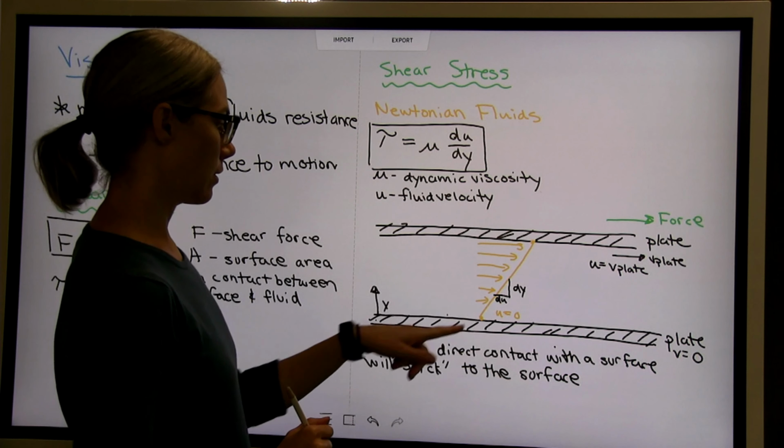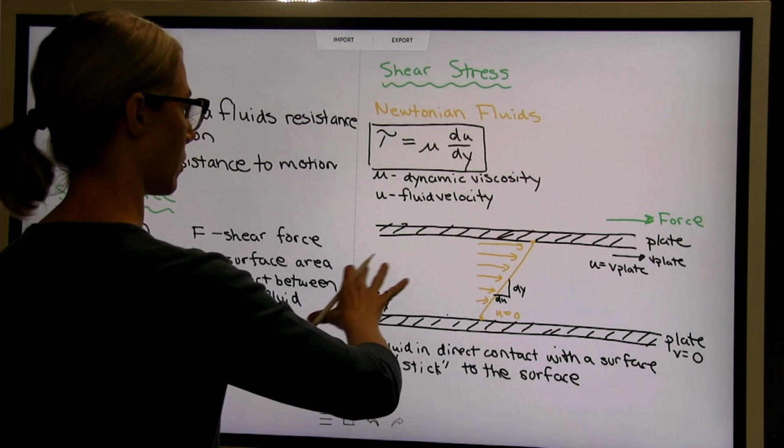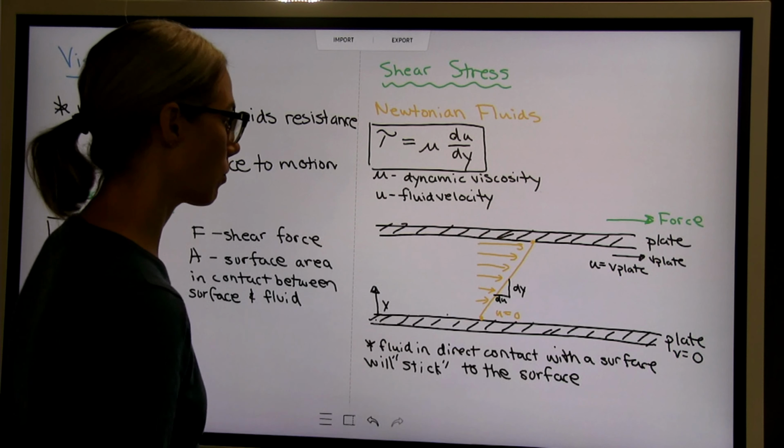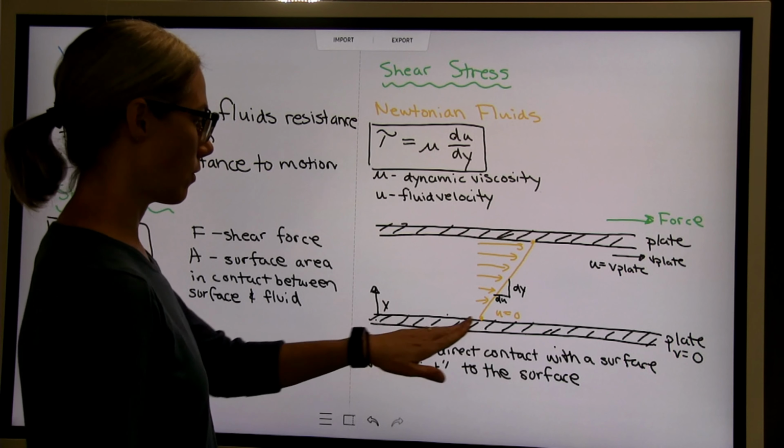So at this surface, the velocity of the fluid is equal to the velocity of the plate. At our stationary plate, the velocity is equal to